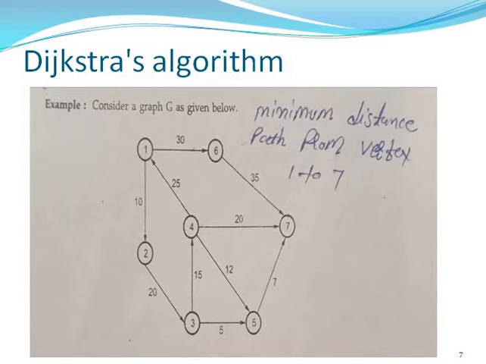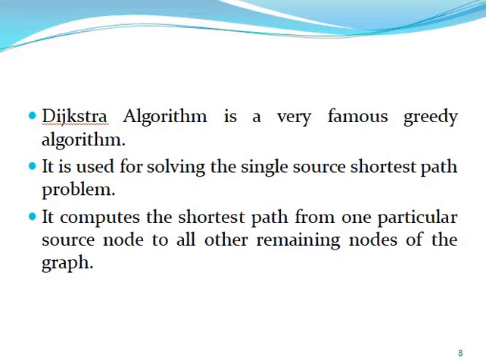So the question is, you have been given one image for the Dijkstra algorithm, and you have to solve the following problem using the shortest path algorithm. We can find the minimum distance path from 1 to 7. How can you go from 1 to 7 using the minimum distance or minimum path? We can start here.